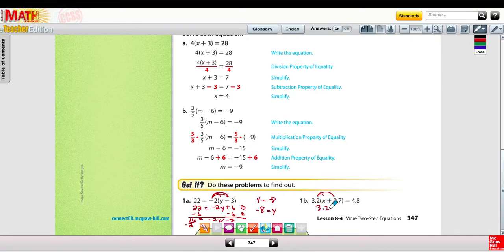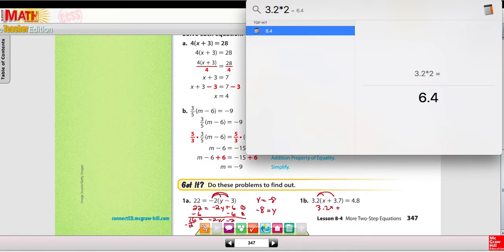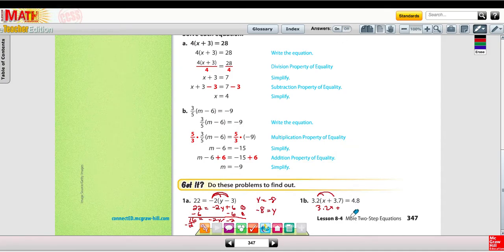So we have 3.2x plus whatever 3.2 times 3.7 is. Let me do that really quick. 3.2 times 3.7, 11.84. So we'll write that down right here. 11.84 equals 4.8. All right, we want to isolate that variable x. So let's get rid of the 11.84 by subtracting it. 11.84, and that's going to be really hard to do the way it's lined up. So I am going to go off to the side here and put 11.84 minus 4.8, and I should get